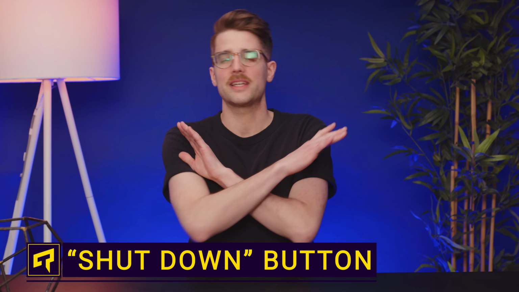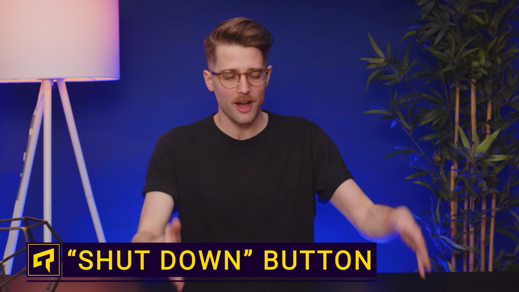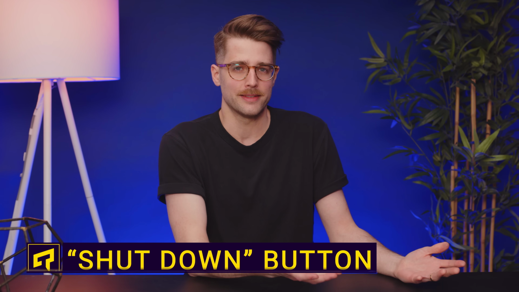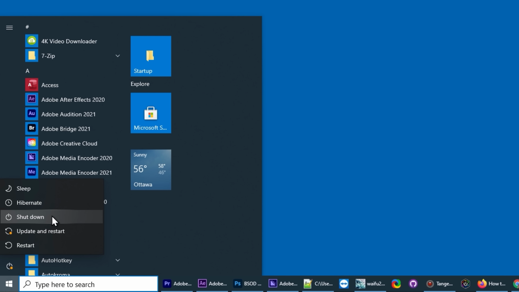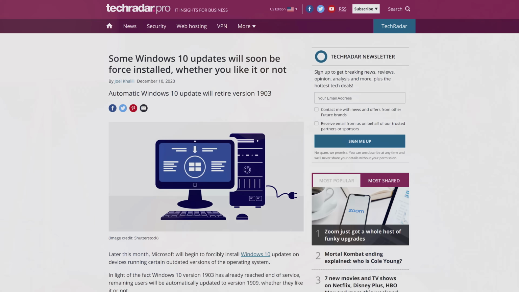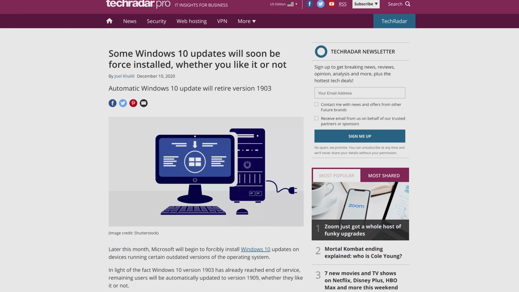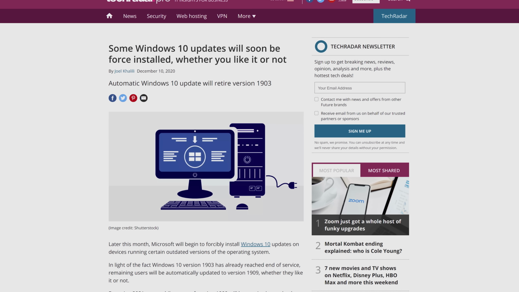Even if you know absolutely nothing about computers, turning off a PC is pretty simple, right? I mean, you press the button on the front or the side, or just click Shut Down in the Windows Start menu, and that's supposed to do the trick. But wait! It turns out that Shut Down in Windows 10 doesn't actually mean shut down. Is this just another example of computer companies not trusting us to operate our own stuff? Or is something else going on?